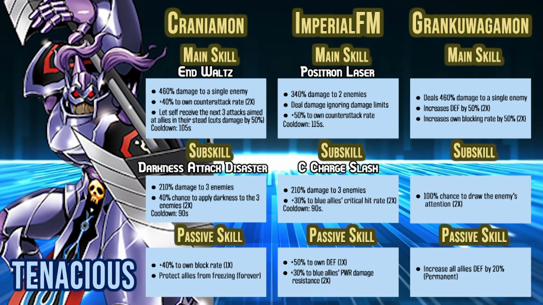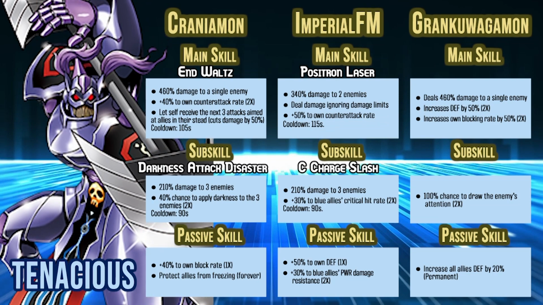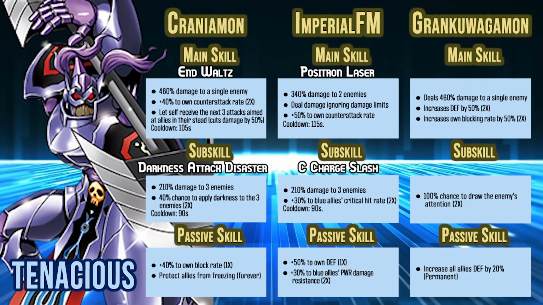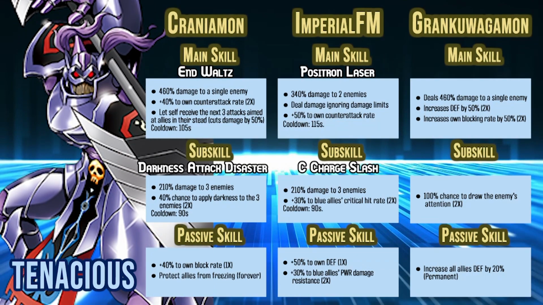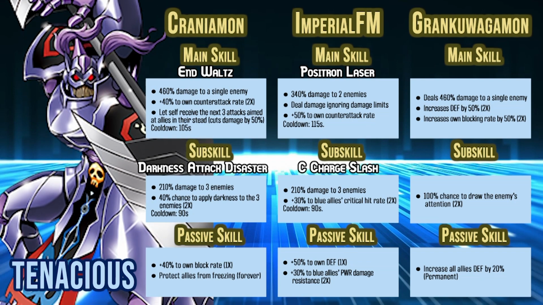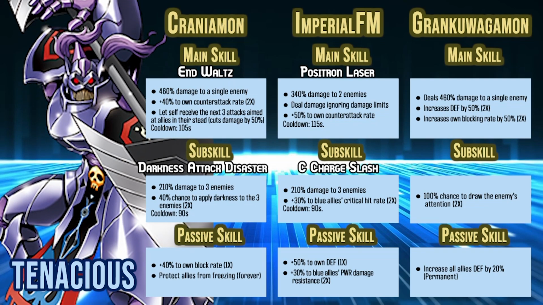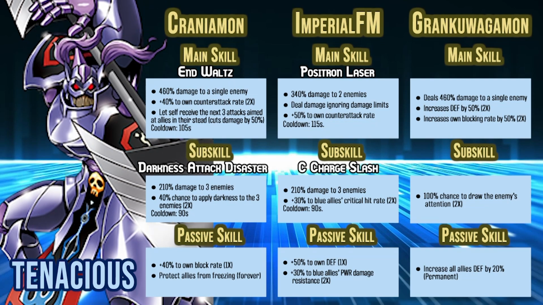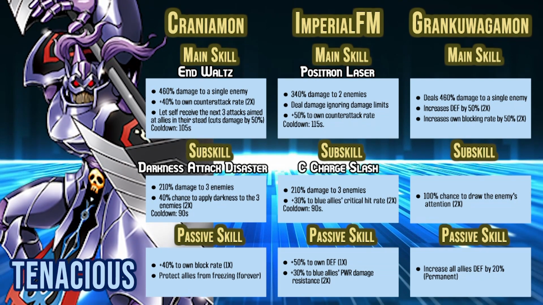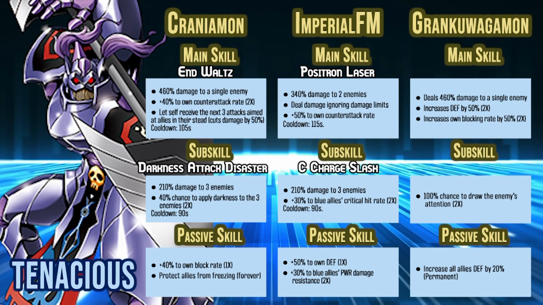Especially if you max out his awakening, his stats will increase even further. And skill level 10, he'll be able to reduce damage taken by 70% instead of 50. And of course, deal more damage with a single hit and his sub skill. But yeah, Craniamon is good. Just, if you want this banner because of him, then please, please, please max him out. You won't regret it if you do, because I think he's really good,